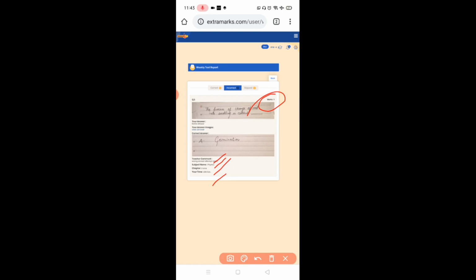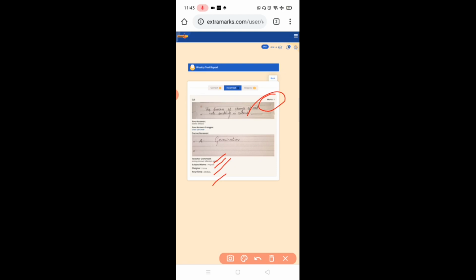Some of the key points which you have to remember are that your mobile charge should be full and you should have a steady internet. Suppose in between the test, there were 10 questions, for example, and you were attempting it, and in between the internet has gone. Suppose you attempted 2 questions and suddenly the internet went down. If that paper is for 30 minutes, then within that 30 minutes if you join again, there will be a resume button from where you have left.